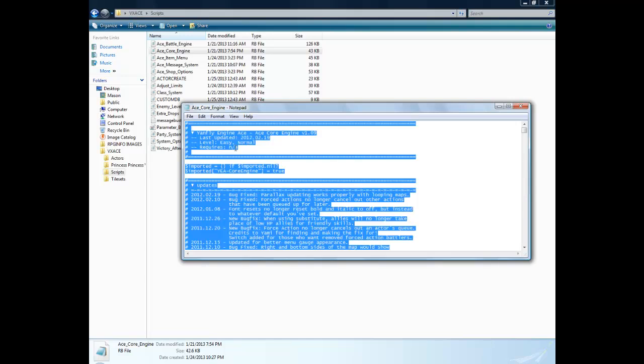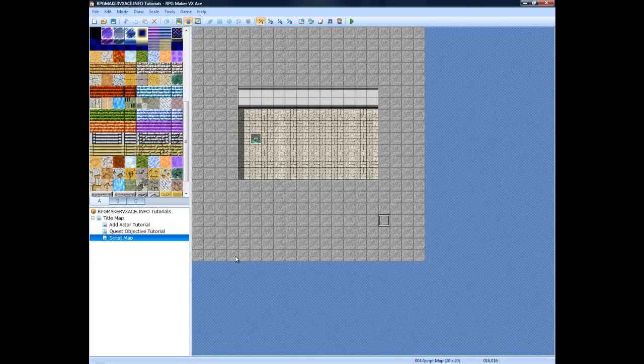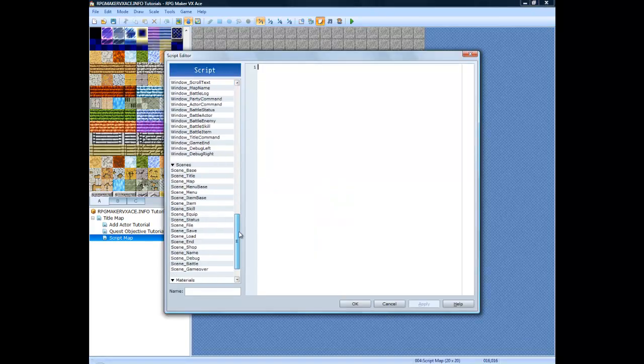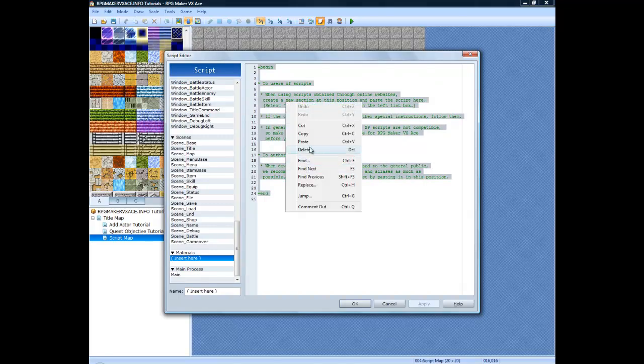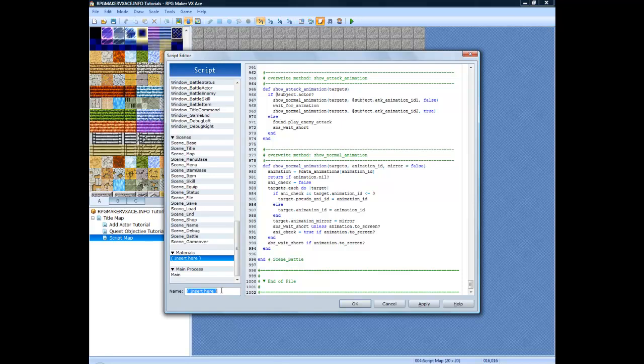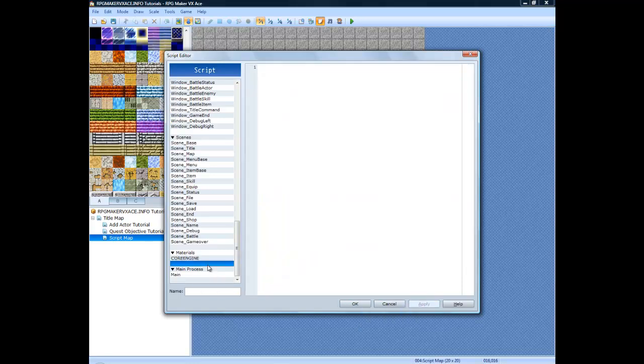So we want to select all the text, and we're going to copy it. And then we're going to open our script editor. And right here where it says materials is where you're going to put all your scripts. So we'll just replace this first one. And then you want to name it. So we'll call that core engine. And then